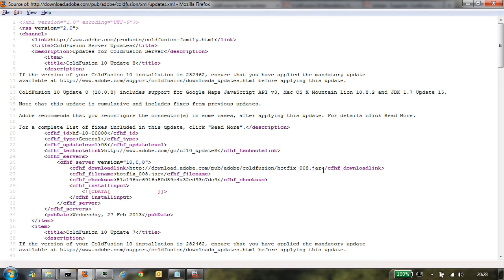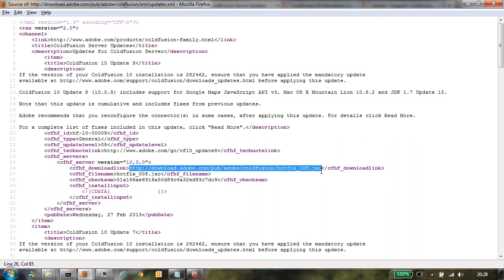Here, item is the root node, and for each update there will be one new item. So for the ColdFusion 10 update 8 item, go to the corresponding cfhf underscore download link node of the XML.